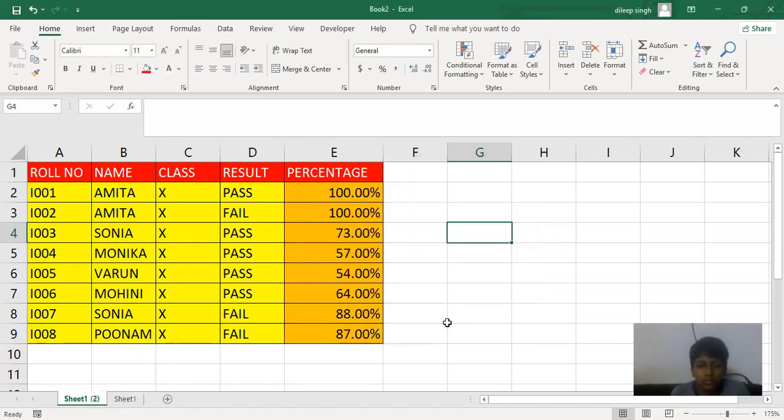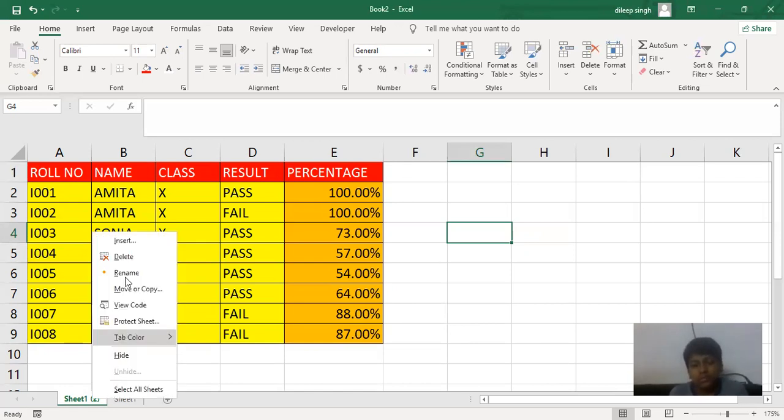OK. Just see there what happened. The content of the first sheet will copy onto the other workbook sheet, right? You can see here, this is workbook 1 and workbook 2, you will get the same content in this particular workbook, right? So we can copy the content, or we can also shift the content to the next workbook. So firstly, we have to open more than one workbook, then we can do this process, right?